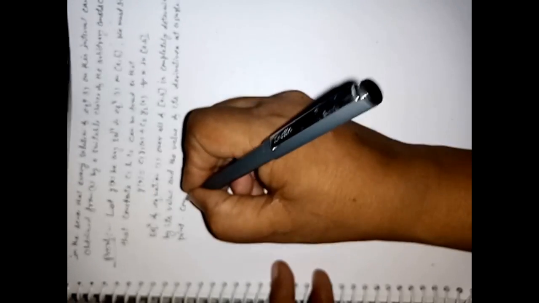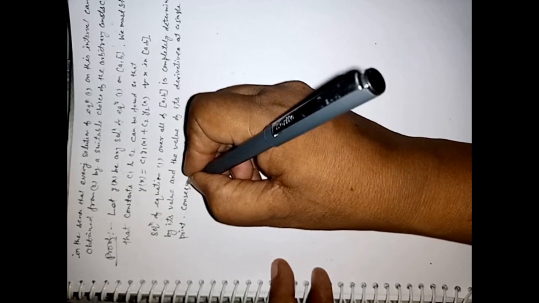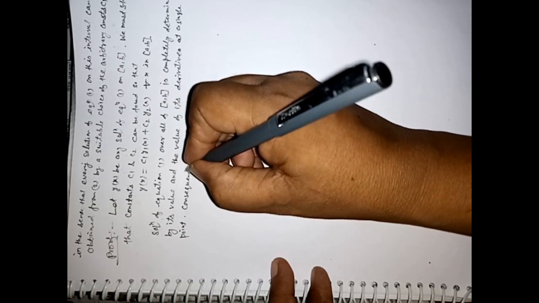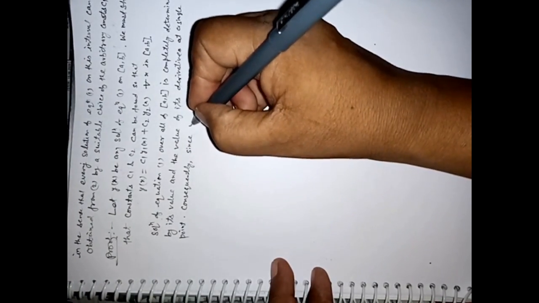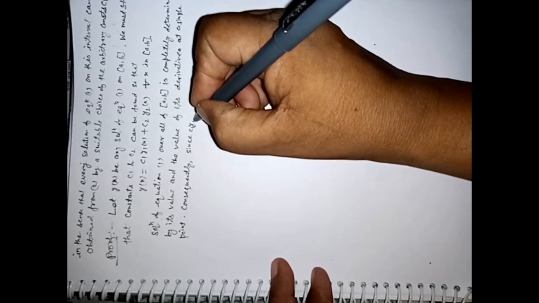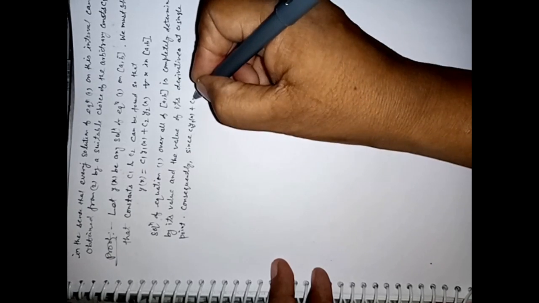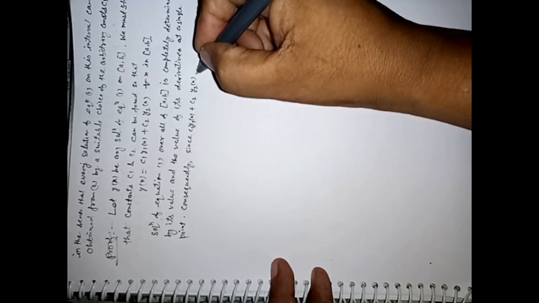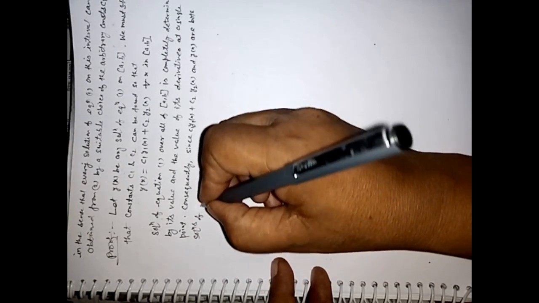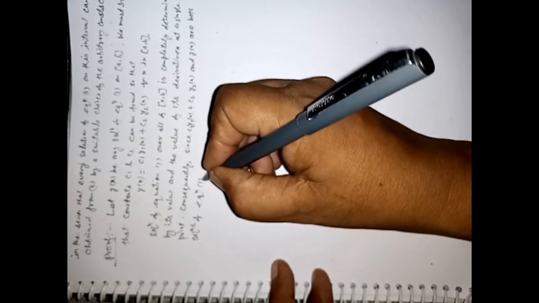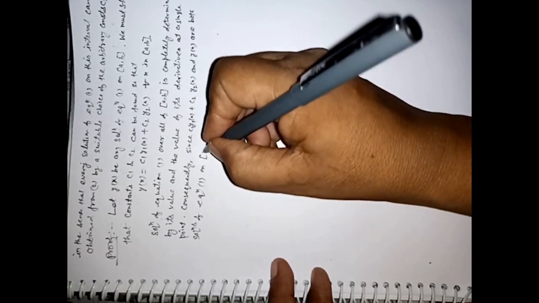Consequently, since C1 y1(x) plus C2 y2(x) and y(x) are both solutions of equation first on the closed interval AB,